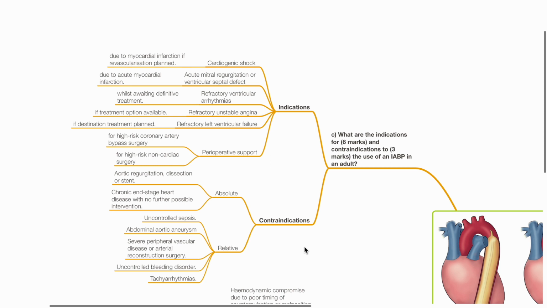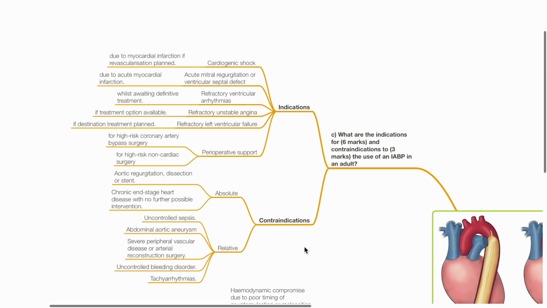C. What are the indications for and contraindications to the use of an intra-aortic balloon pump in an adult? Indications include cardiogenic shock, for example, due to myocardial infarction if revascularization is planned, acute mitral regurgitation or ventricular septal defect due to acute myocardial infarction, refractory ventricular arrhythmias while awaiting definitive treatment, refractory unstable angina if treatment option available,